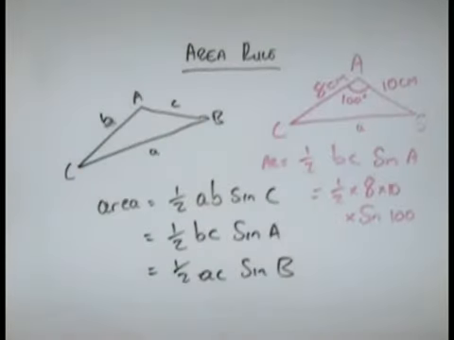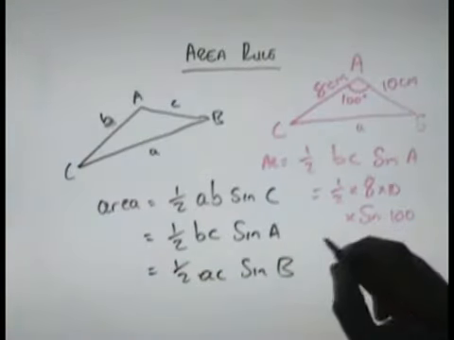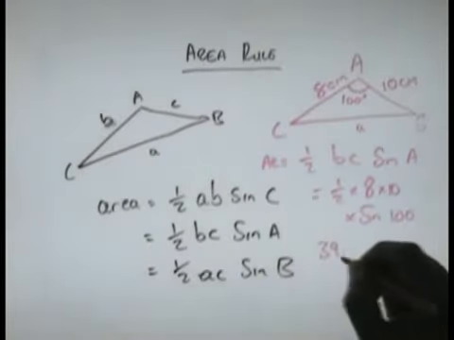A half times 8 times 10 is equal to 40 sine of 100, which is equal to 39.39 or 39.4